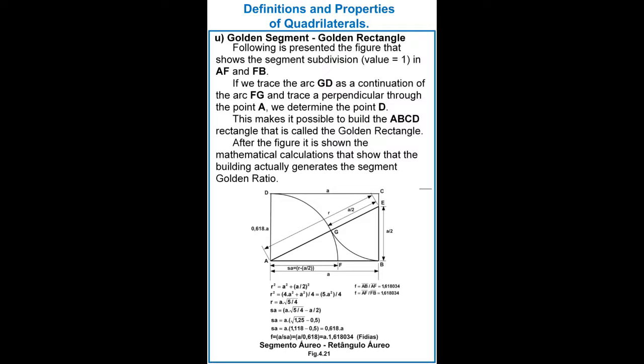This rectangle is called the golden rectangle. This rectangle has the AD side with a value of 0.618 multiplied by the value AB, which is the straight line segment of the base AB that is assumed to have the value of the unit. Thus, the construction of the golden rectangle and also the subdivision of the segment